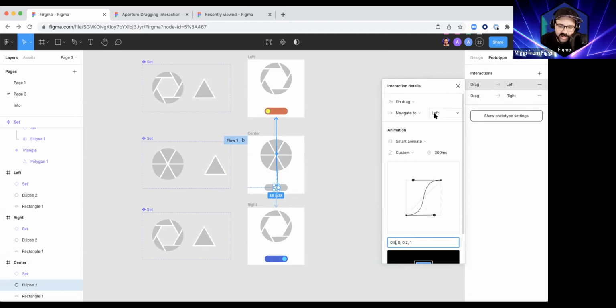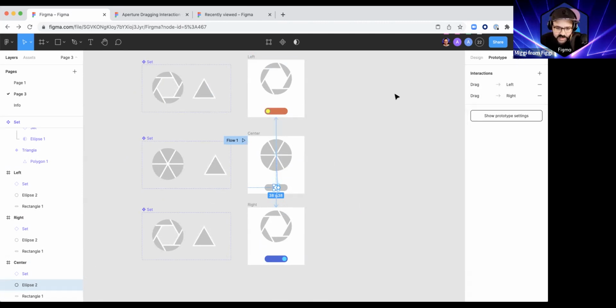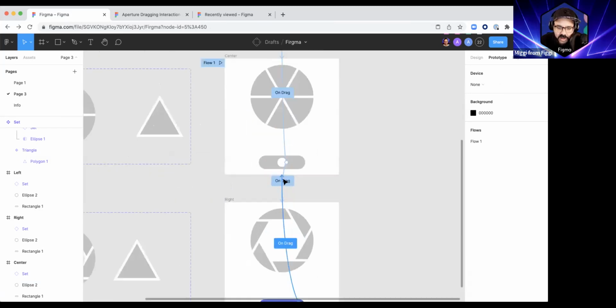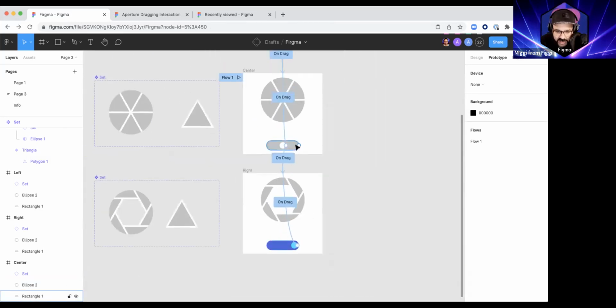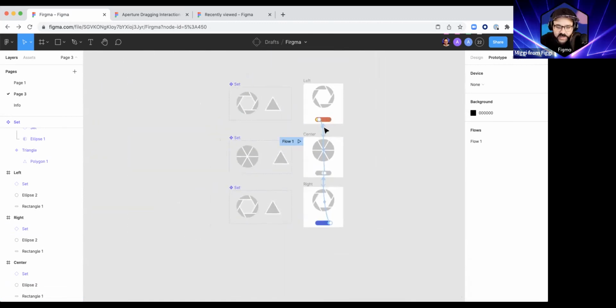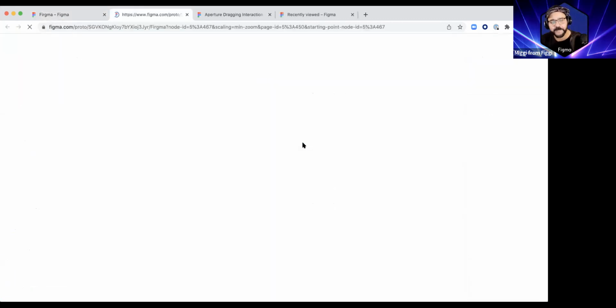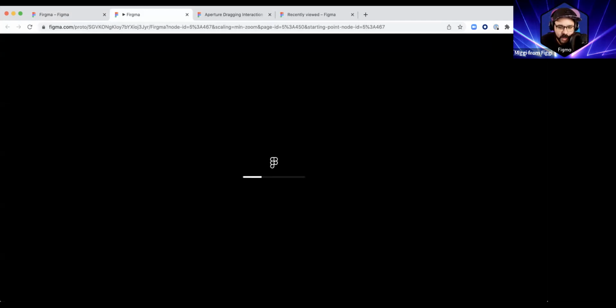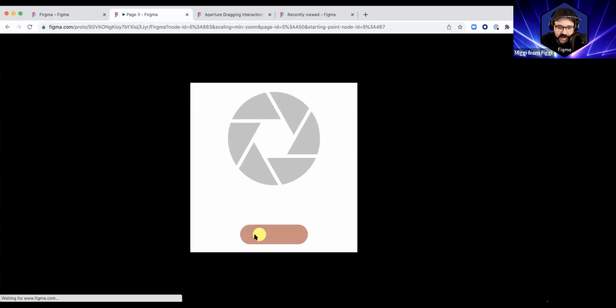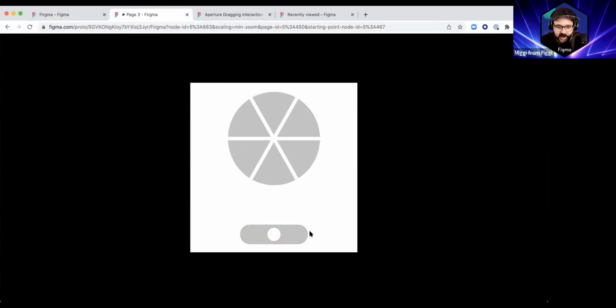So on drag, we're going to navigate left. And I think we had 500 milliseconds. So it's just the amount of fidelity in that. When I drag this right, it'll go here. When I drag this left, it'll go here. So let's hit play. So if I go left, there we go. And if I go right,